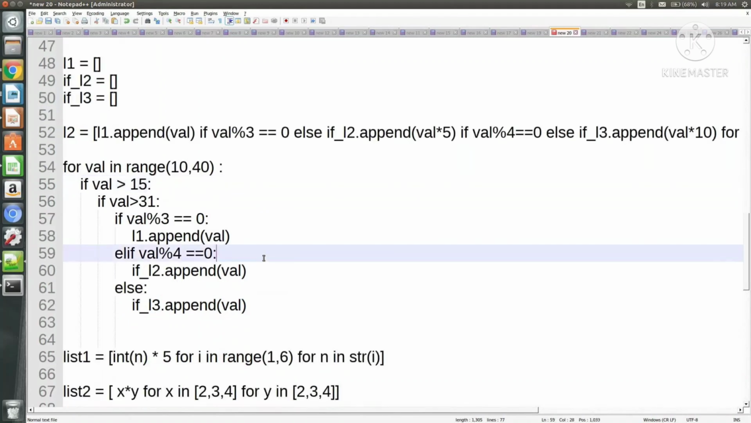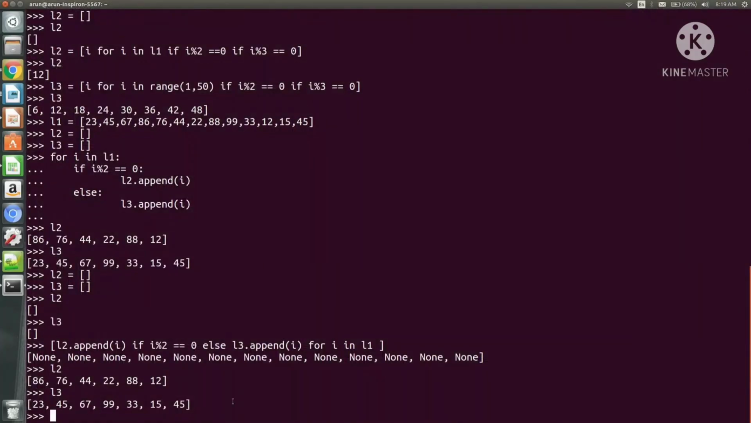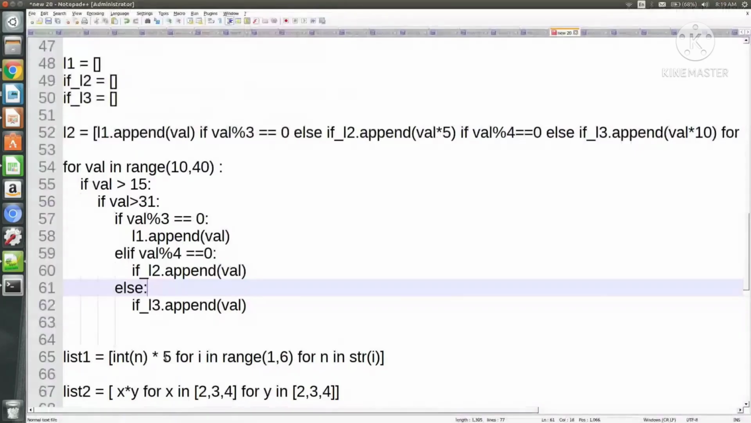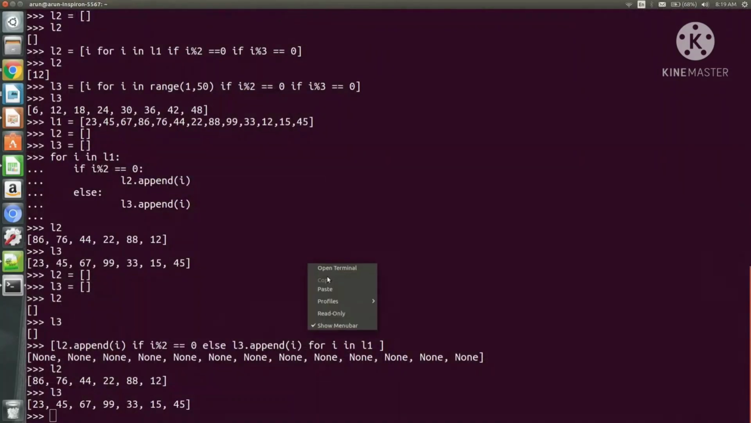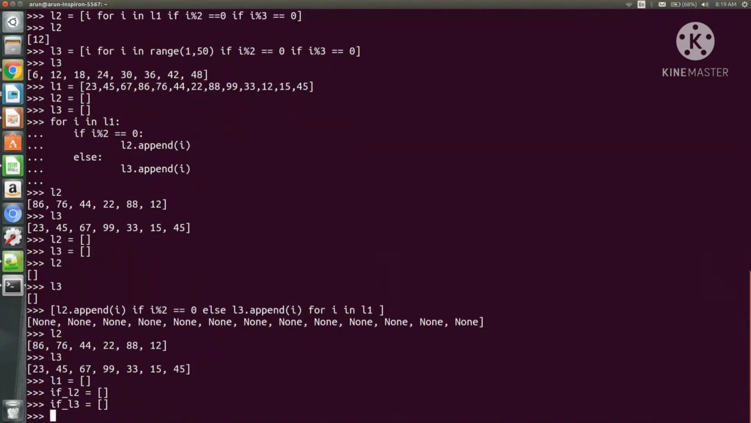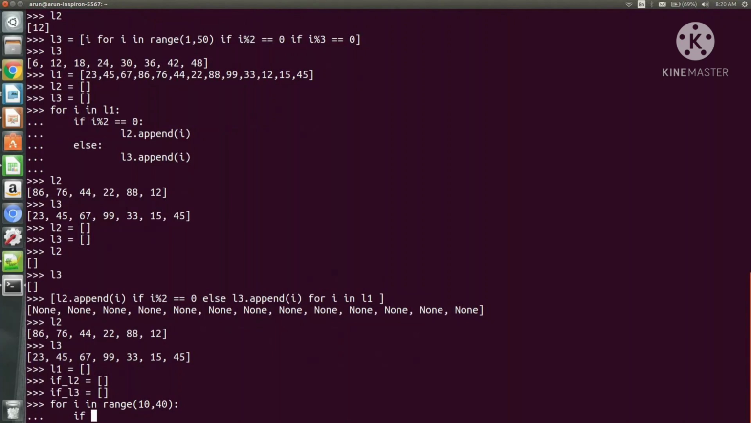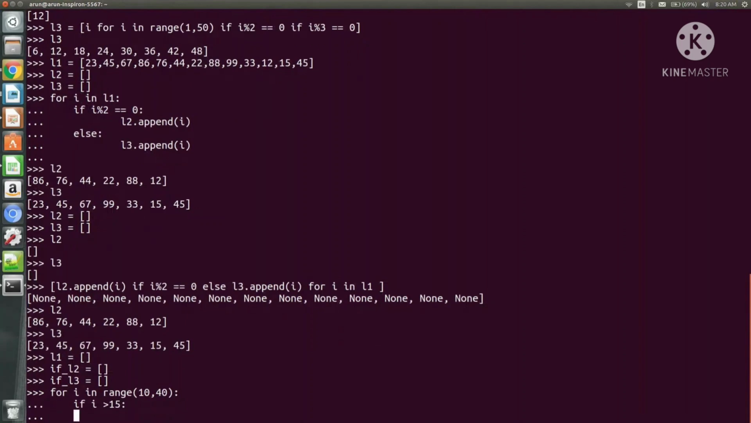I'll show you how to do it in our terminal. Let us take one list from 10 to 40 directly. So these three are the lists you have taken. For i in range of 10 to 40, if i greater than 15, if